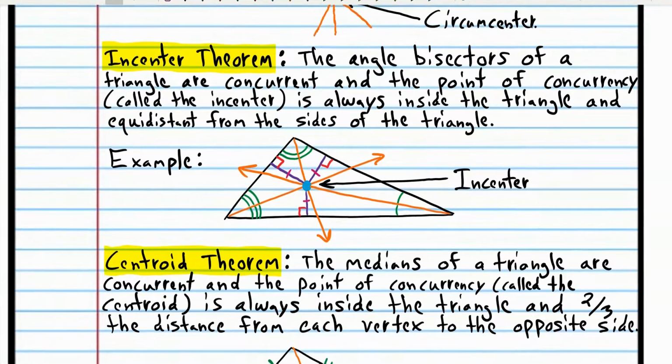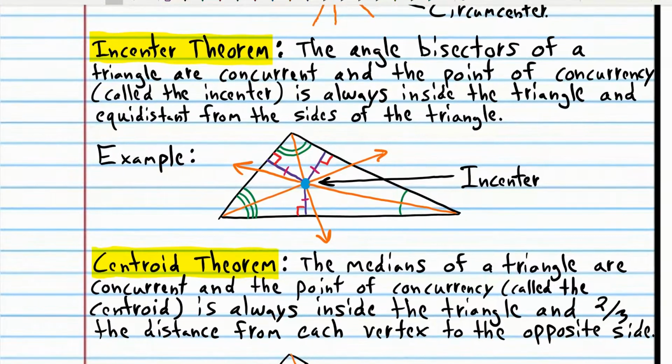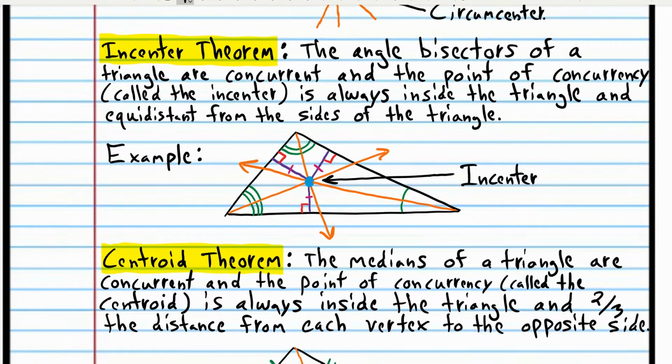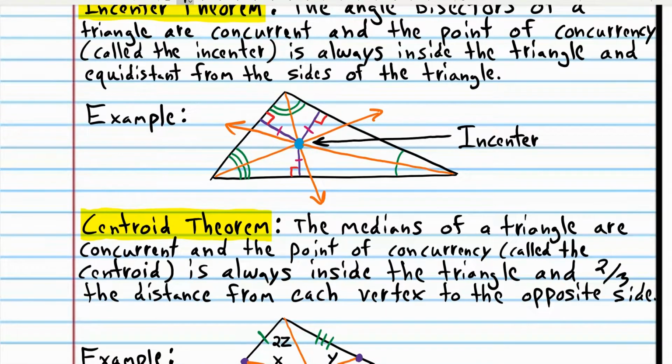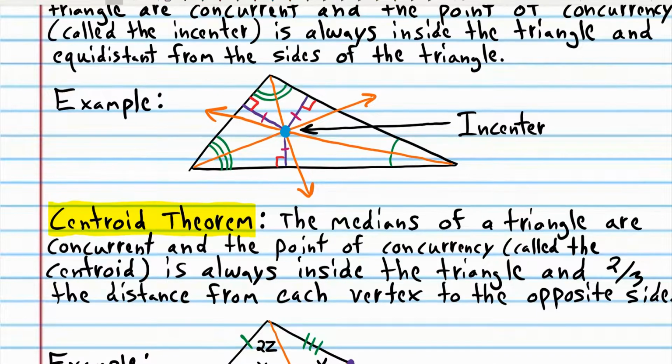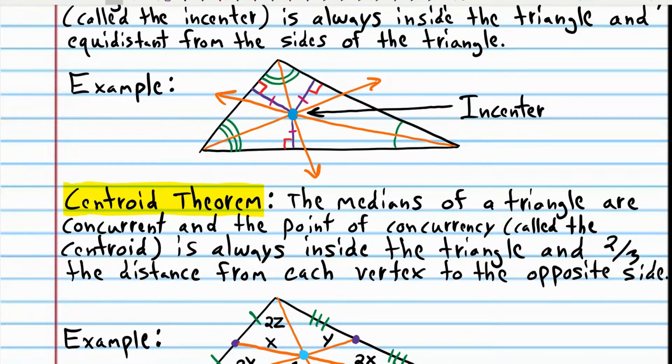That is the Incenter Theorem. So three things to know. Number one, the angle bisectors of triangles are concurrent. Number two, the point of concurrency is called the incenter. And number three, the incenter is equidistant from the sides of the triangle. So the orange rays are the angle bisectors, and the purple segments are the distances from the incenter to the